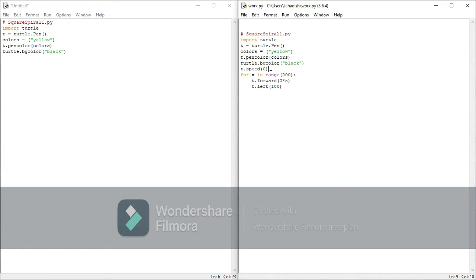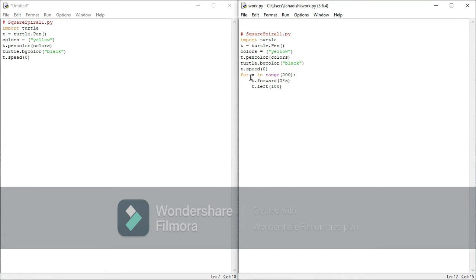Now we don't want our turtle to be slow, right? We want it to be fast. So we type t dot speed in brackets 0. Type that code. And now this is the main part over here. For x in range 200, that means for x in range.